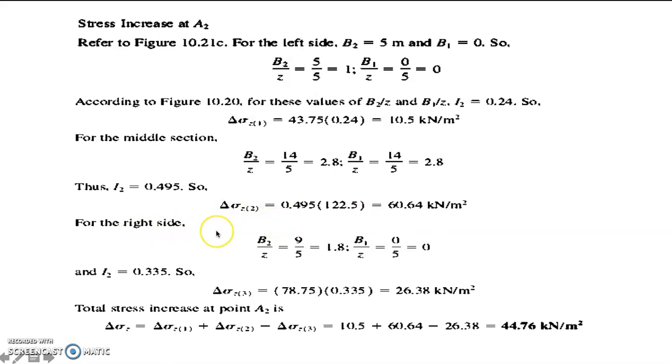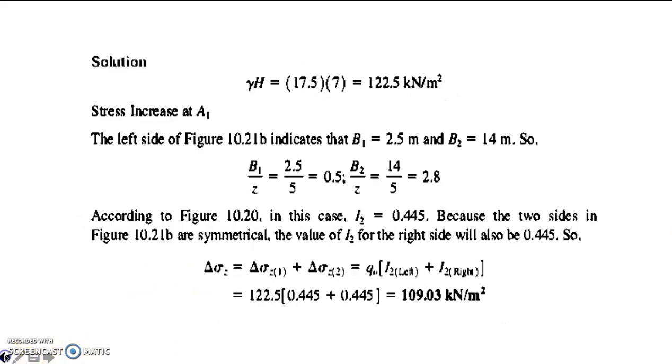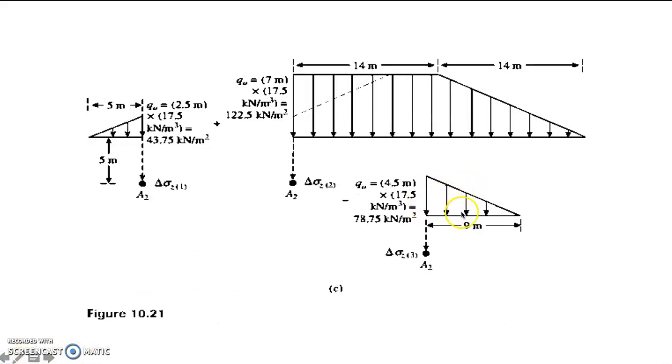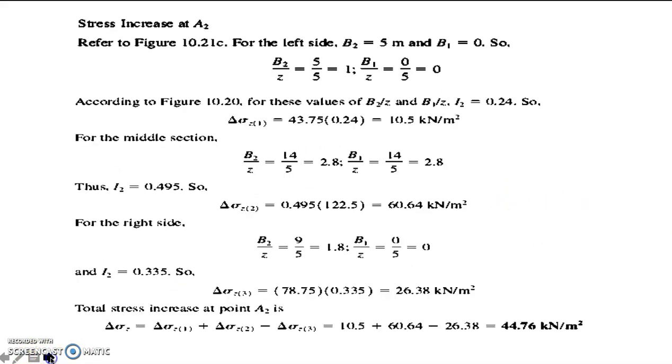On the right side, our B2 is 9, our B1 is 0. So this is the right side of A sub 2. You have B2 is 9, B1 is 0. So for that, you get your ratio B2 over Z, which is 1.8, and B1 over Z is 0. So we get now our I sub 2, which is 0.335. We multiply that one to our q, which is